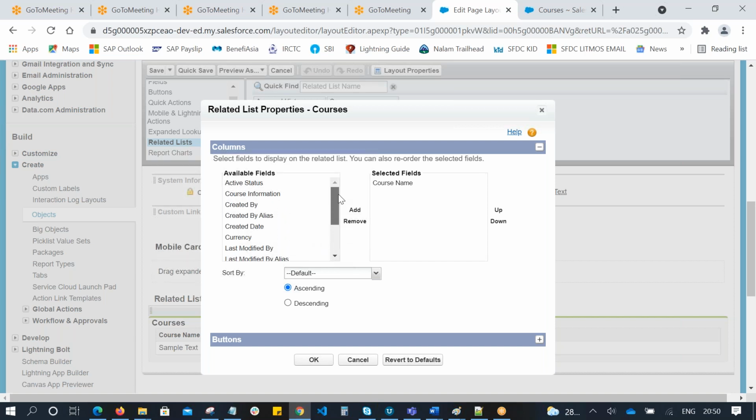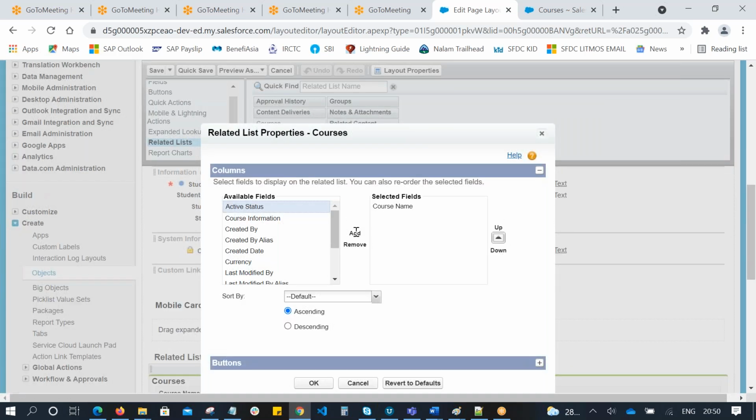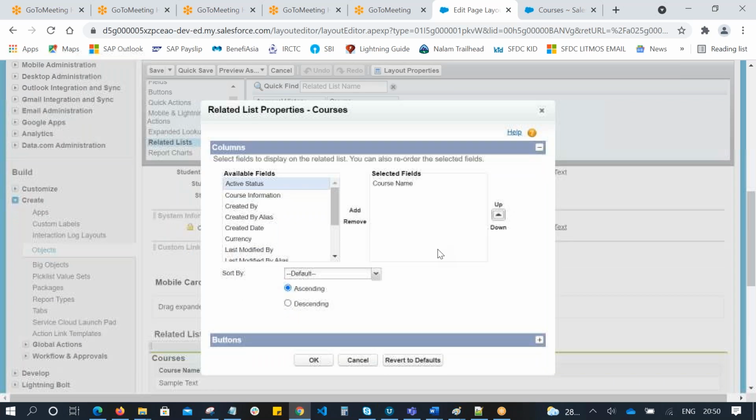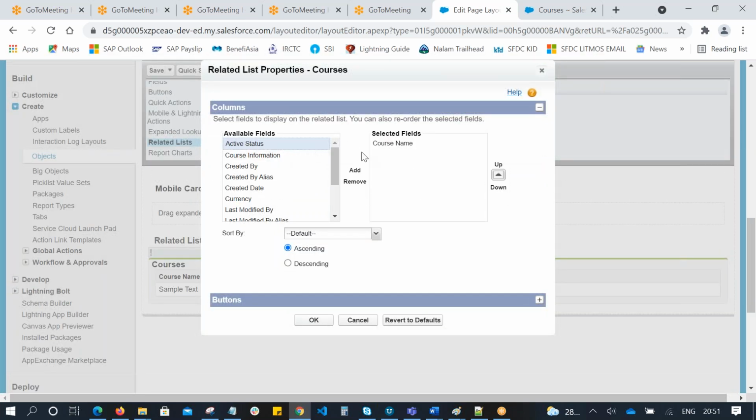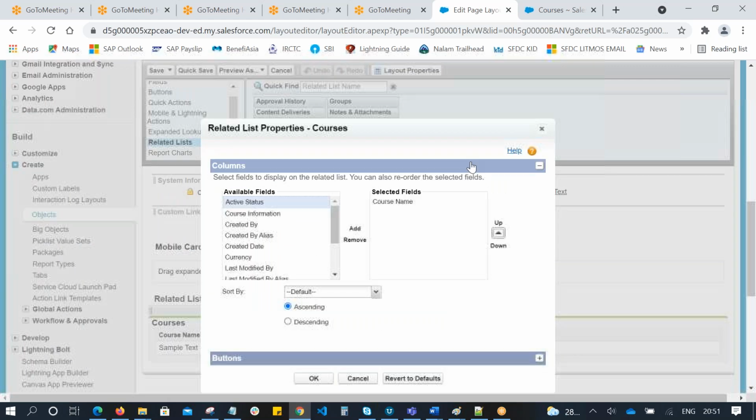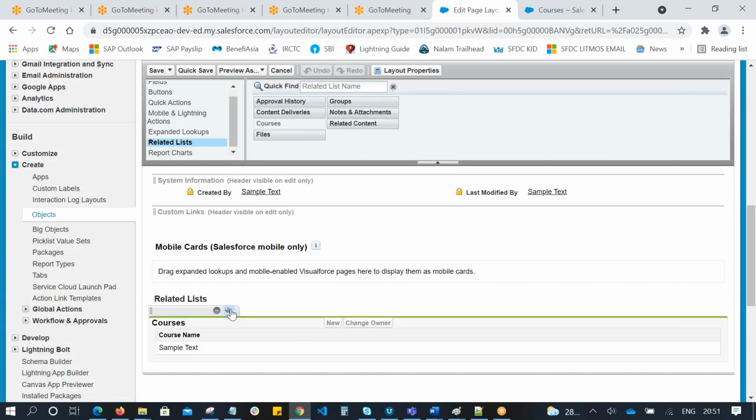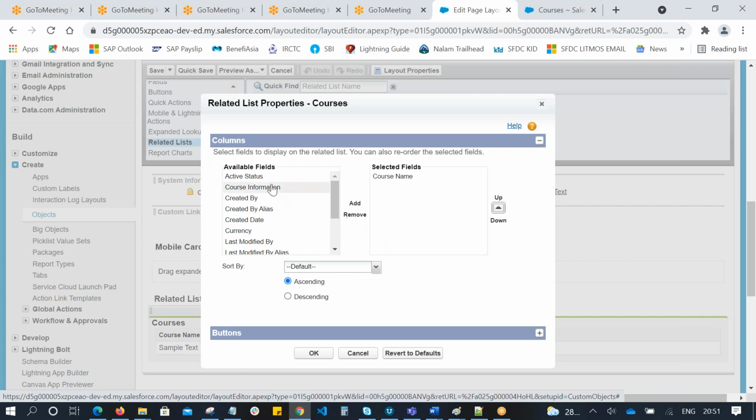We have to add active status. It's time to add course name and active status.